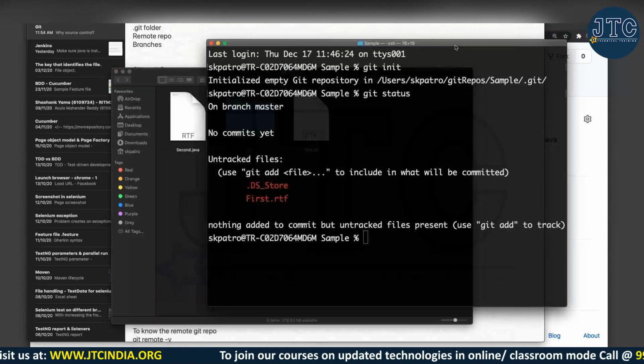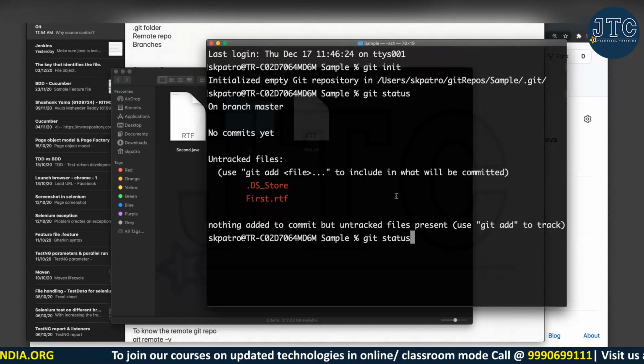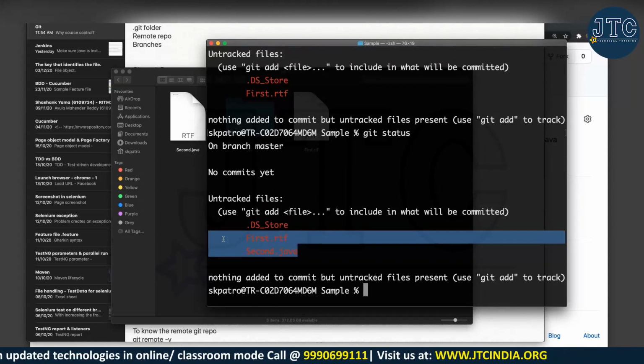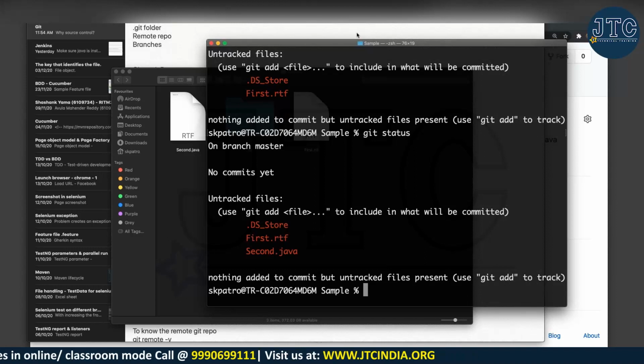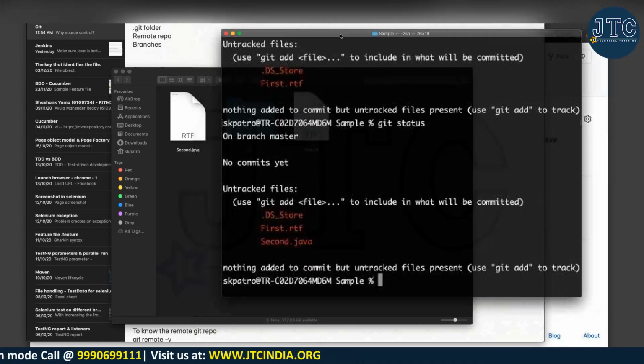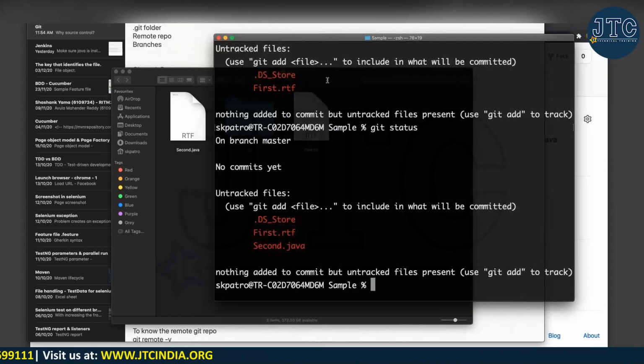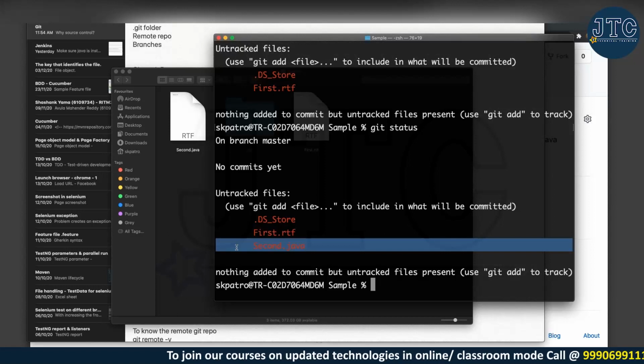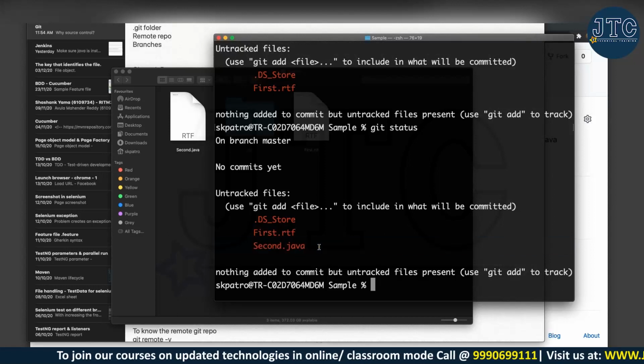Fine. Now here, if I again go to git status, let's see what it is telling. It is telling that now you have two files, but they are not yet staged. Now what I want to do at this moment is, I don't want to send this first file. I want to send this second file only. First file, I'm not sure yet. I still have something to write there. It's not yet prepared actually. So for this reason, I want to send this second.java into the GitHub account.